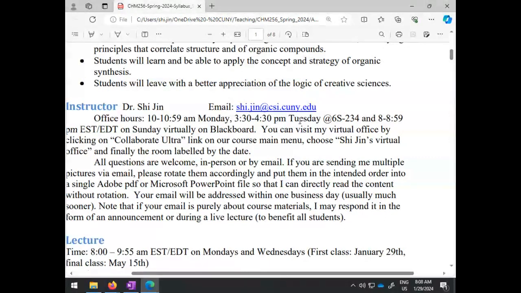But those concepts that bind all those pieces of knowledge together almost all come from organic one. If you read the welcome information, one of the most important ones is, let's say, the Hammond postulate. That will give you a way to either qualitatively or sometimes semi-quantitatively estimate the reaction rate based on the stability of highly reactive intermediates.